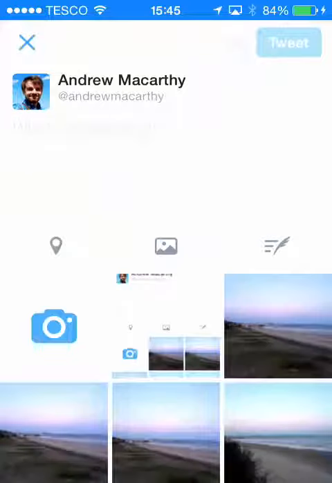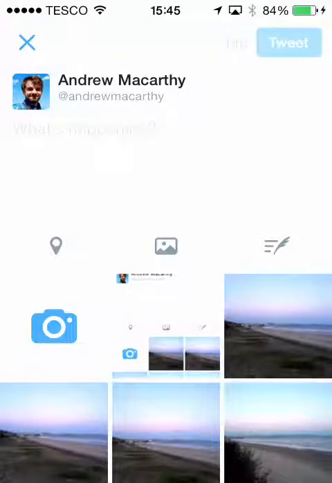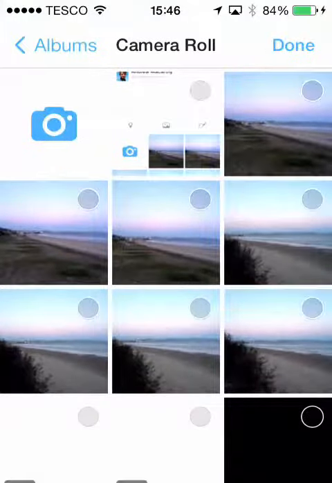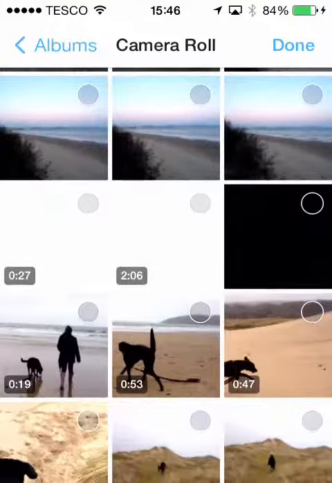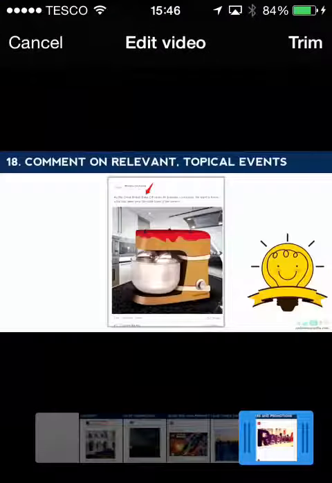I'm going to show you how to upload video from your camera roll to Twitter. So when you go to compose a tweet, you can select a video from your most recent media, like I'm doing here. When you find a clip, just click on it, and because the video length limit is